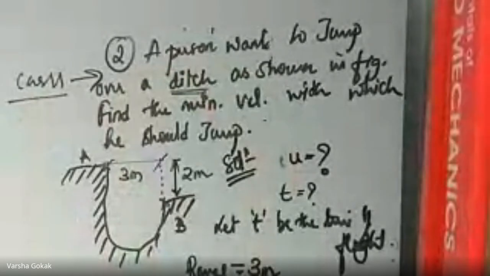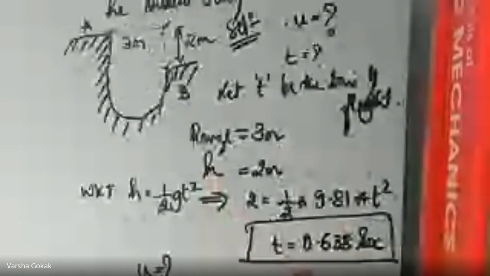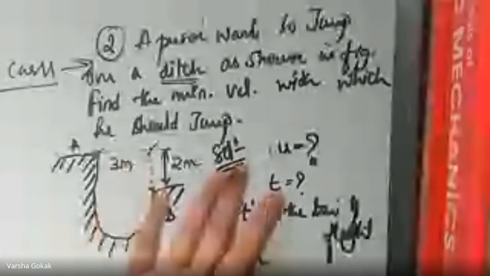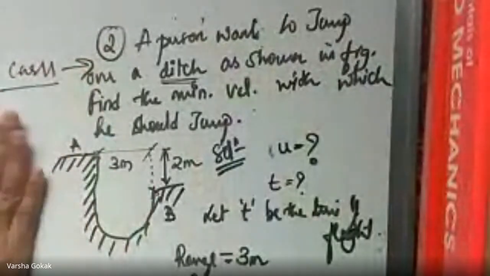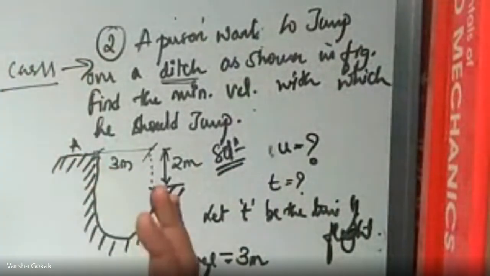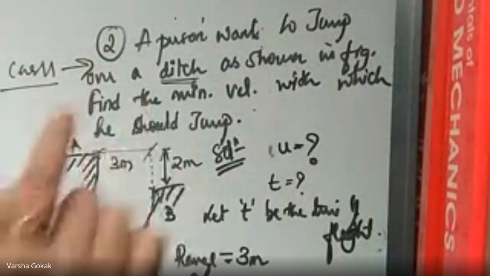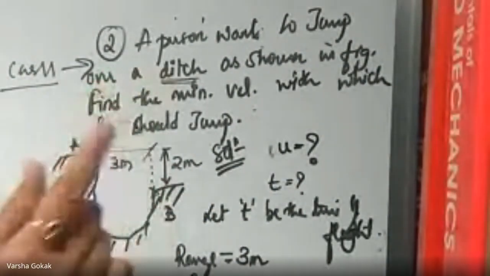Clear? Now, as I said previously, I did case 1 and then numericals related to it. So you are directly applying the case 1 equations while solving. In the examination it will not happen like this, because he will not tell you which case it is. He will just give you this diagram, this question. Imagine for a second you forget that this belongs to case 1, and you just read the question, and then you have to identify which case it belongs to.